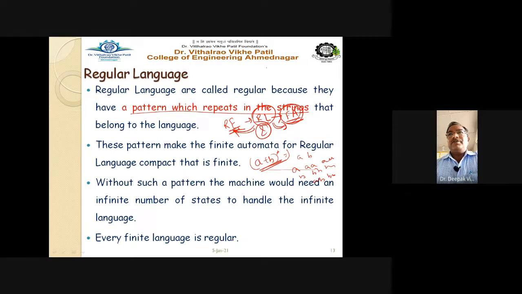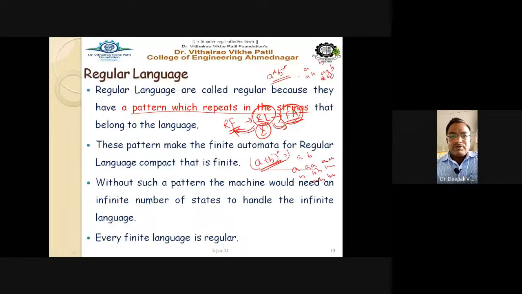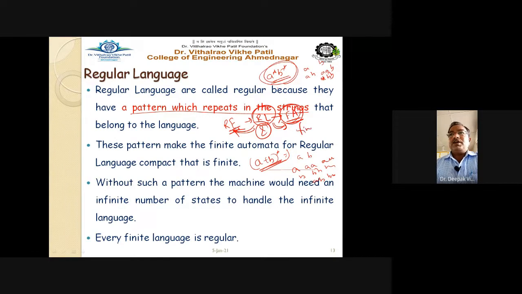Or take the language, say for example, a*b*, meaning any occurrence of A and B. You can have A, B, AB, double AB, ABB. So you can define the expression for that particular language. The pattern is fixed, and for this fixed pattern, you can have a finite number of states of finite automata. Getting this point or not? So you can get the finite number of states.